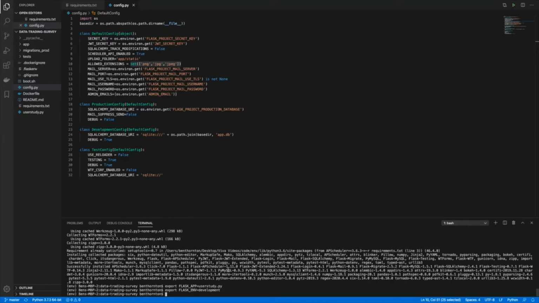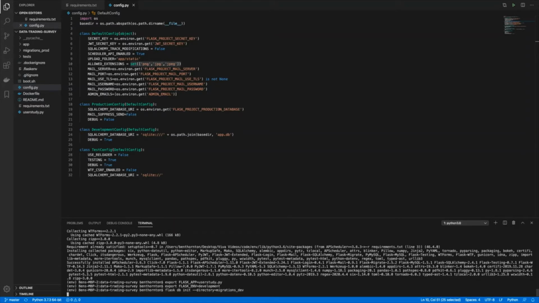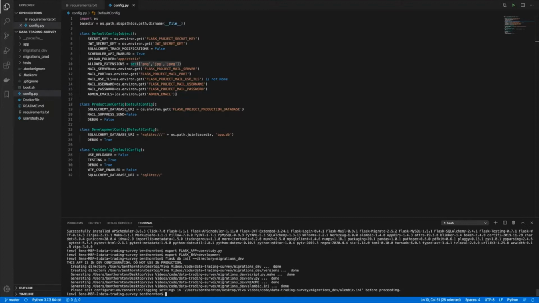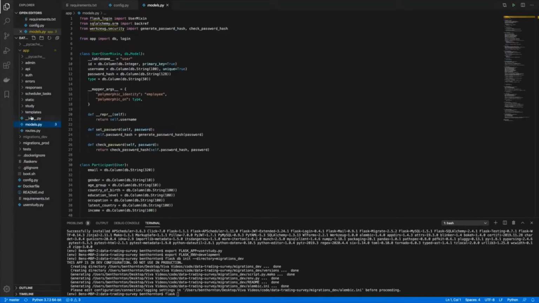So to do that, we're going to need to initialize a new directory to store the migrations in for the development database. Once that's been created, we can then migrate the changes from the schema found in this models file here.